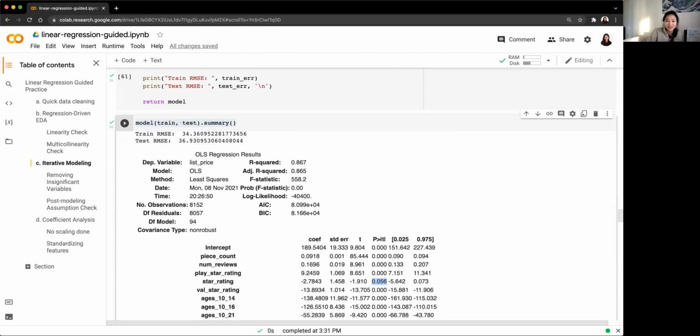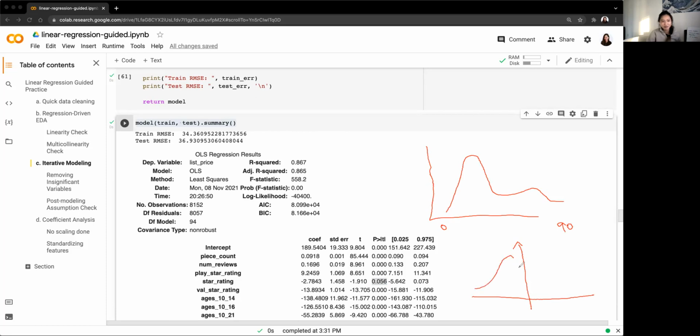The reason for that being, let's just say I have a feature that looks like this, I'm just going to draw a really janky graph over here, and it ranges from like 0 to like 90. When I do a scaler on my data, it basically tries to recenter my data so that it has roughly a mean of 0